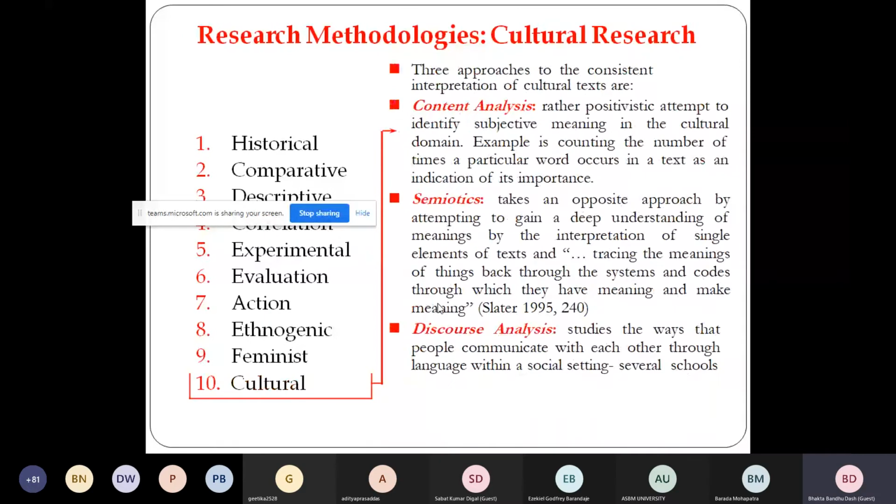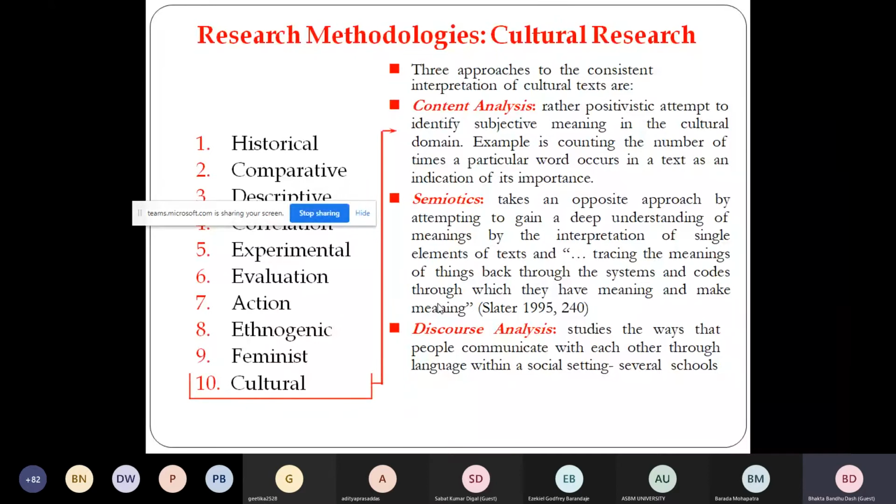Ultimately, if you talk about the cultural research process, there are three things we usually analyze. The one is your content analysis. That means the entire story is identified into certain content areas, certain indicators. Each indicator will be identified with some ratings, and accordingly, from the story, we analyze how much rating each indicator comprises in the total story. That is basically called content analysis, which I do not want to discuss.